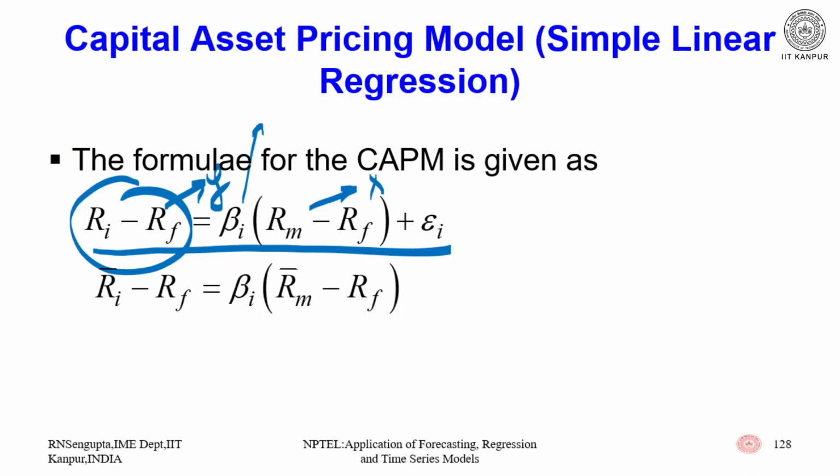And RM is basically the market return, like NSE 50, BSE 30, whatever it is. And also on the right hand side you have RF and epsilon. Epsilon is basically the error, and they are given by suffix i, which is basically the number of readings. Now, we assume, as per the concept, the overall error as per the concept of